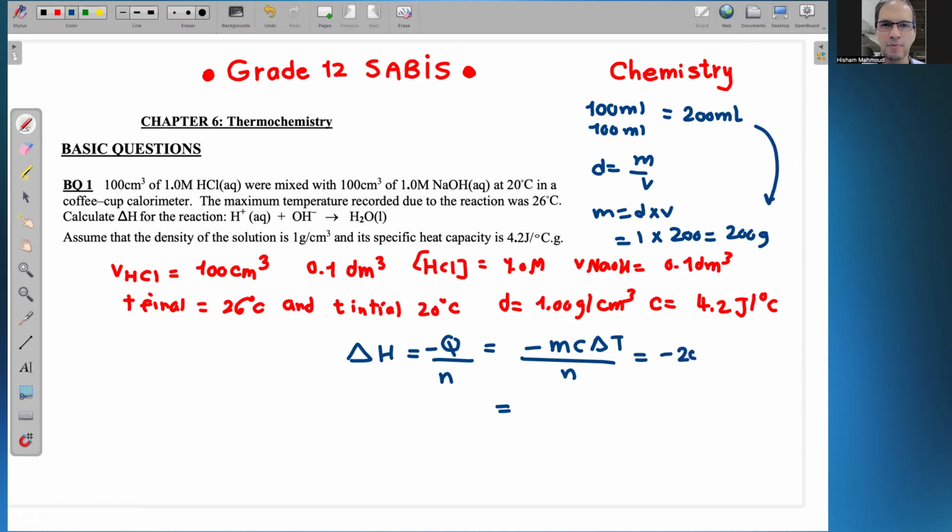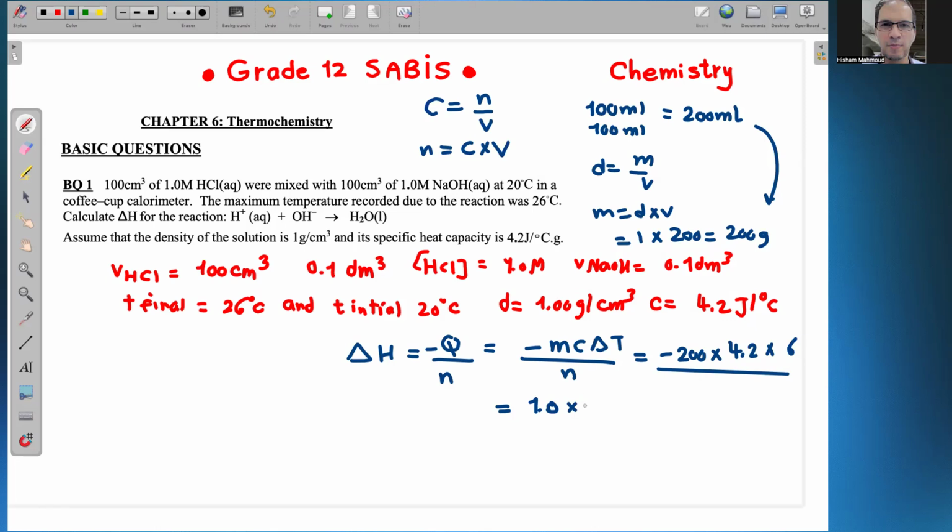So negative 200 multiplied by the 4.2 specific heat capacity multiplied by the change in the temperature. 26 minus 20 is 6 degrees Celsius. And we'll divide this by the number of moles. But what is the number of moles? Concentration is equal to number of moles over volume. So number of moles is equal to concentration multiplied by volume in the solutions. The concentration is 1